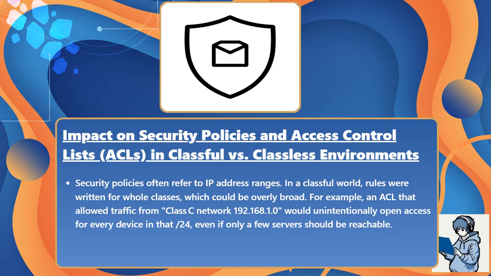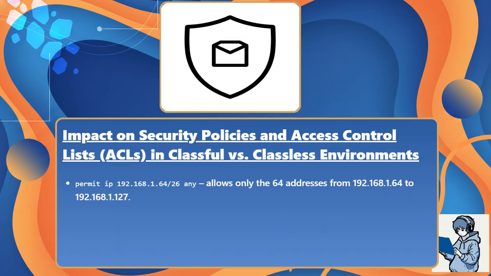Security policies often refer to IP address ranges. In a classful world, rules were written for whole classes, which could be overly broad. For example, an ACL that allowed traffic from Class C network 192.168.1.0 would unintentionally open access for every device in that /24, even if only a few servers should be reachable. With CIDR, you can write precise ACL entries. Permit IP 192.168.1.64/26 any. Allows only the 64 addresses from